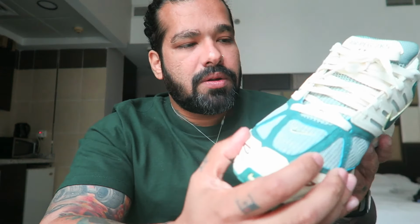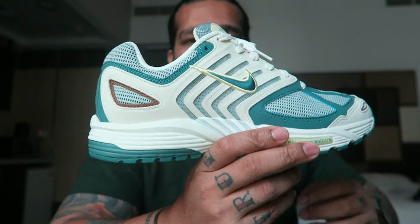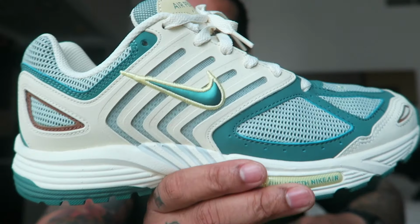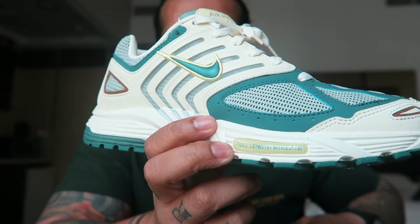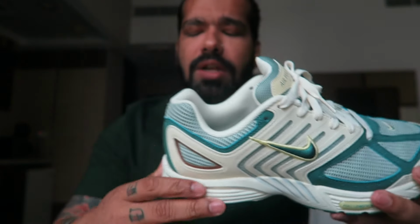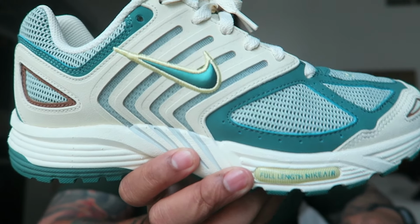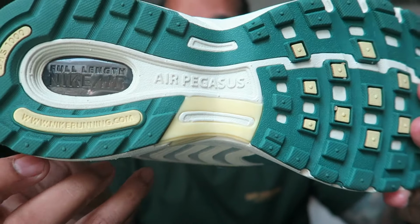I think I put about 10,000 steps on this pair, if not more, probably about 15,000 steps. But I wore this on the 8th of July and on the 9th of July, which is my birthday, so I'd been wearing this pair both days back to back, and I must tell you, these are comfortable. Now, the midsole is probably like a regular phylon kind of midsole, unlike on the Vomero 5, which has a cushion midsole. Pegasus, obviously, like you know already, has a full-length Air unit, and that takes me to the